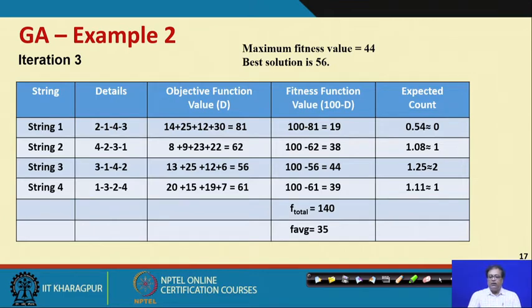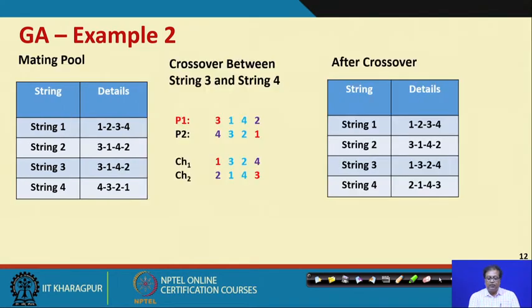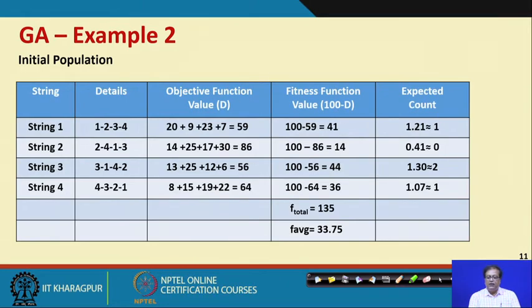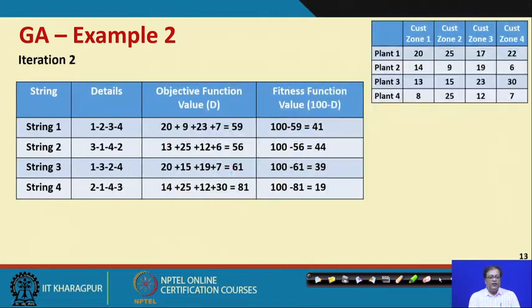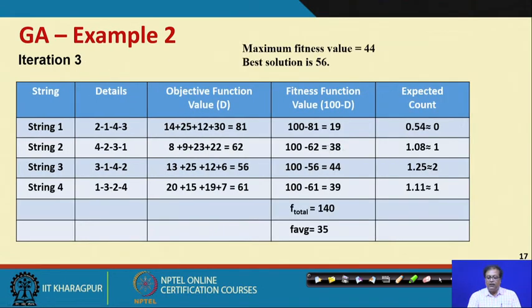So, but then what is more interesting is to see what was the best possible string, that is also very important to see. You see, the best fitness value here was 44 in the first generation, in the initial population. At the second also we had 44, right, and after the third generation also 44. So, we could not get a better string than fitness value 44 even after 3 iterations.